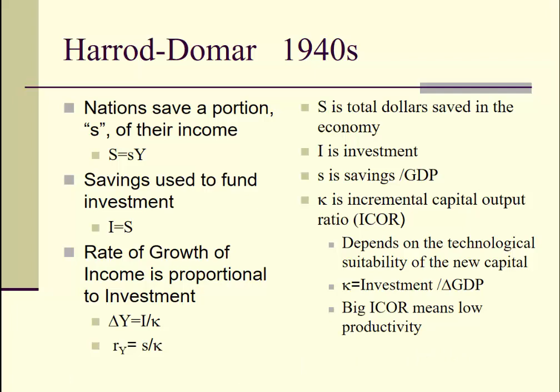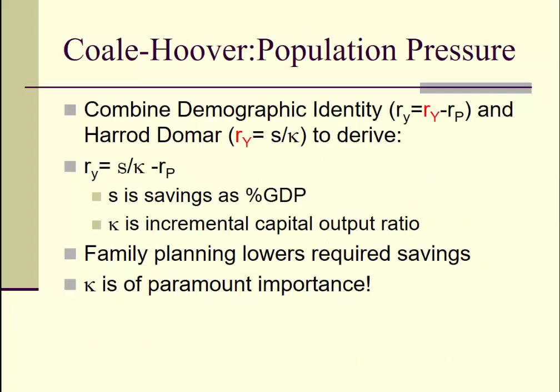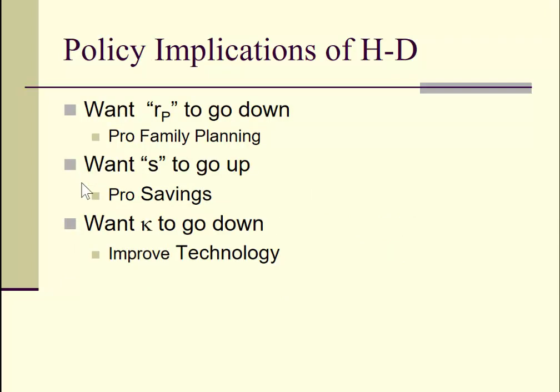So we're going to now combine our insight with both Harrod-Domar and Coale-Hoover, and we're going to put the Coale-Hoover S over kappa in place of R sub big Y. R sub big Y equals S over kappa, as you can see in the top of the slide. And this is an equation that says we want to do 3 things to make the economy grow. If our goal is to make the rate of growth of GDP per capita, that's what this is, rate of growth of GDP per capita, we want to have